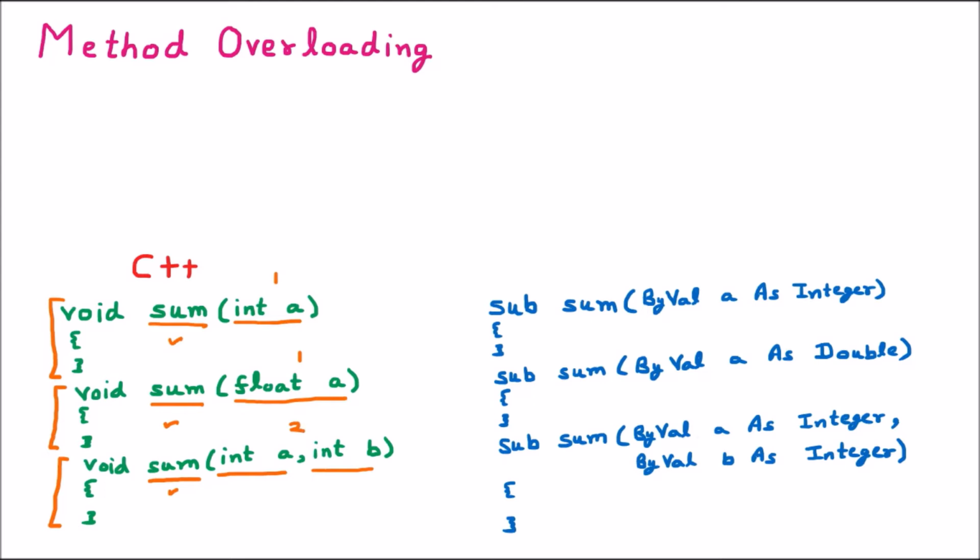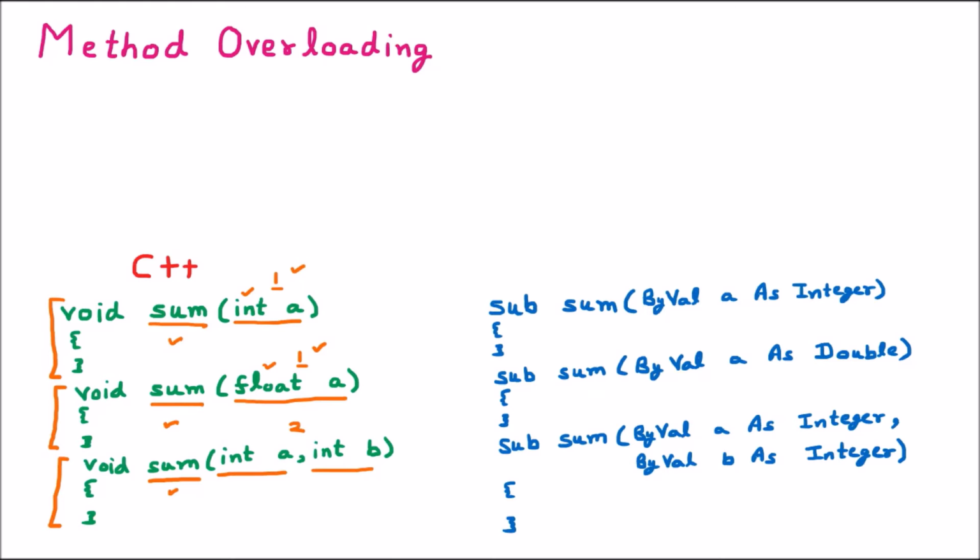But there is a restriction applied. The restriction is that if the number of arguments is the same, you can see that 1 and 1 are of the same number, you cannot provide the same type. You can see that the first one is an integer and the second one is a float. So here we have made the difference that if the argument number is the same, which is 1, 1, then their type should be different. Or you can simply pass a different number of arguments.